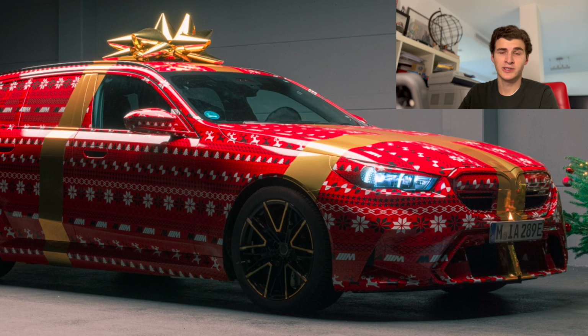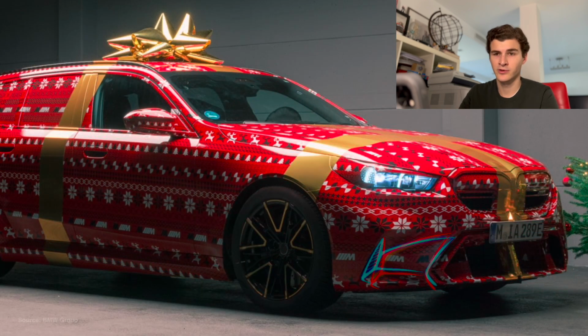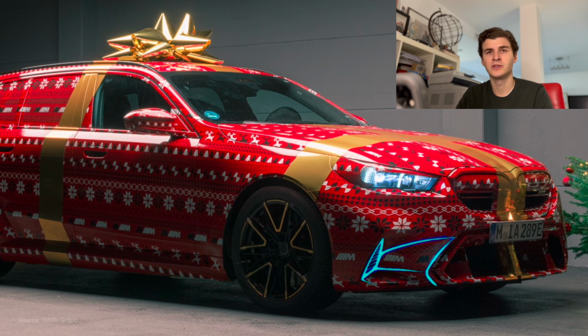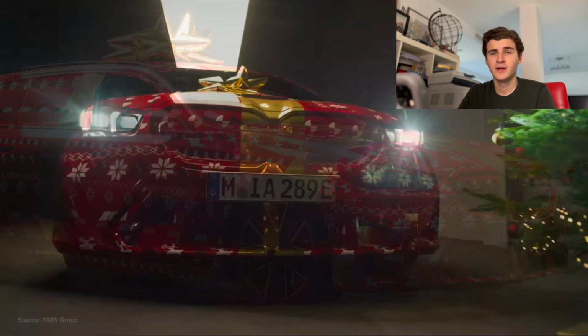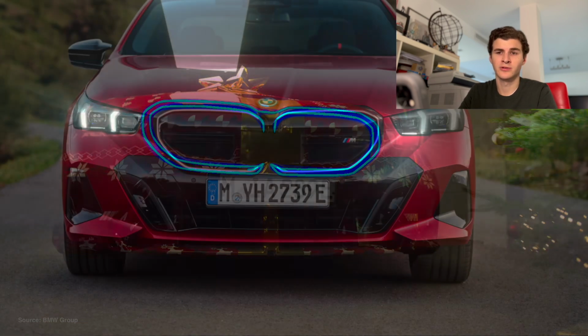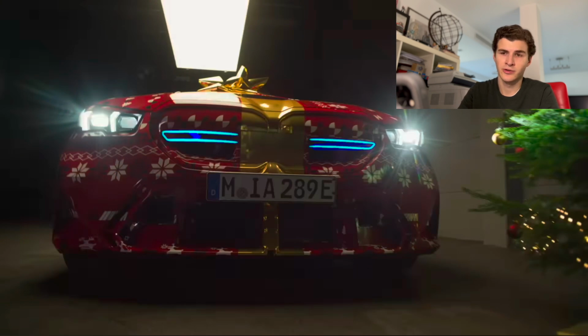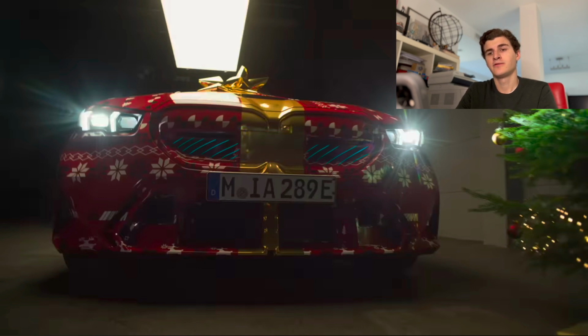Also, take a look at these sharp creases, which, aside from having a rather similar style to those on the latest M3 and M4 models, add a much more menacing look to the new generation of the M5. The grille isn't expected to change much visually compared to the one we saw on the recent i5 M60, still featuring these horizontal slats and the rectangular radar cutout in the center, albeit now featuring obviously much larger openings to